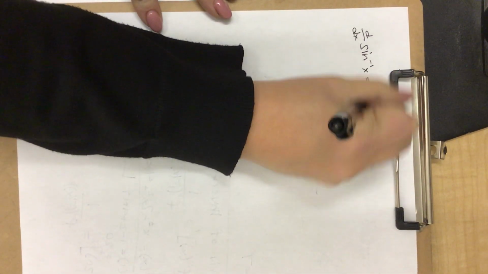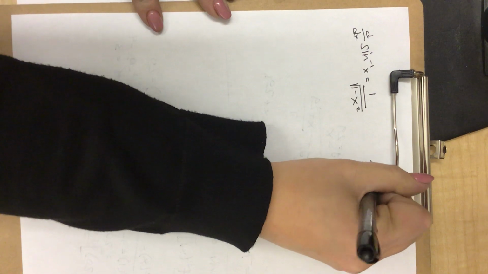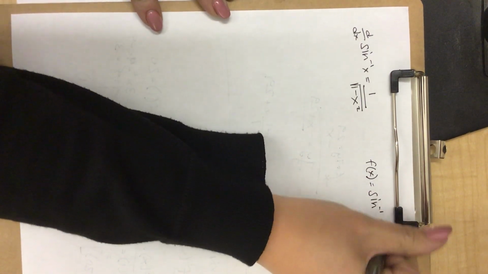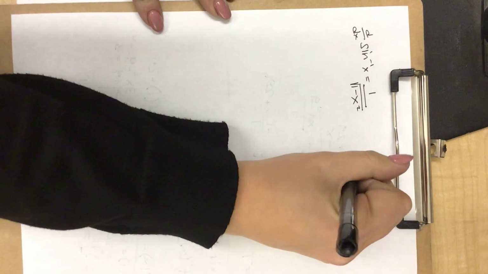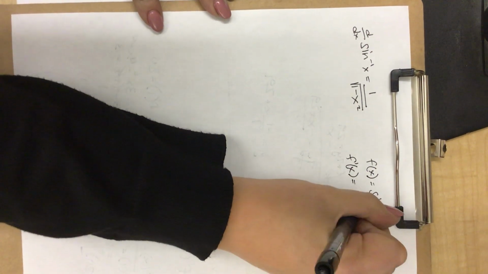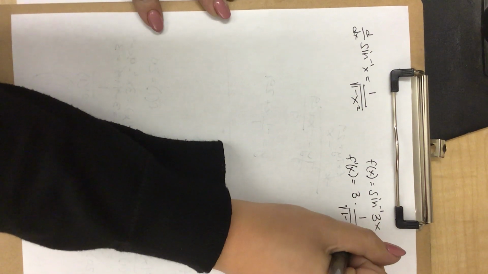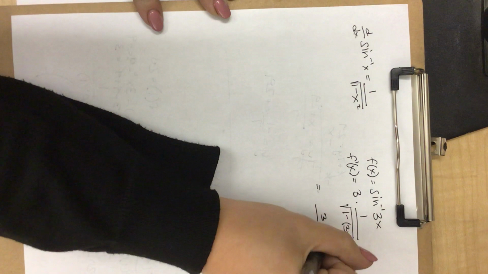1 over square root 1 minus x squared. Okay. So let's say I asked for the derivative of inverse sine of 3x. Okay. That is a chain rule problem. So you start with the derivative of the inside, which is just 3 times, and then use this here and make sure wherever you put the x, you have that. So you get 3 over square root